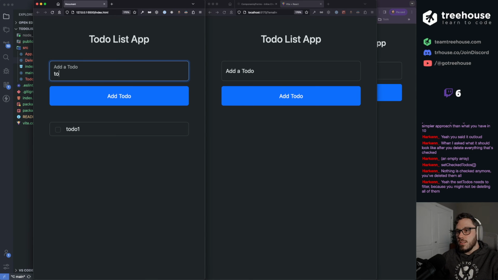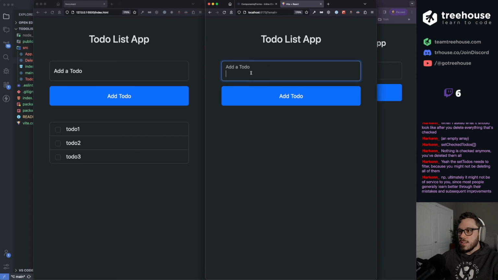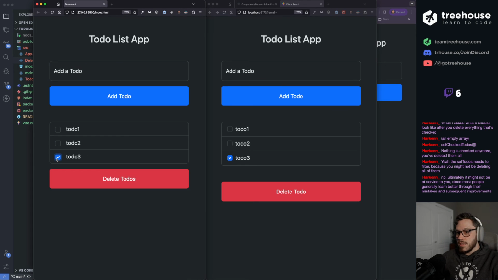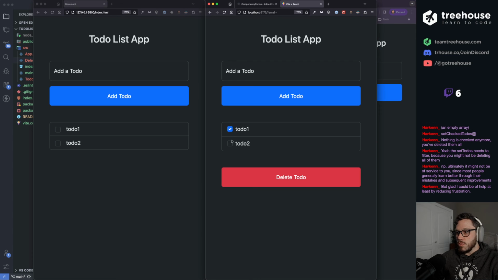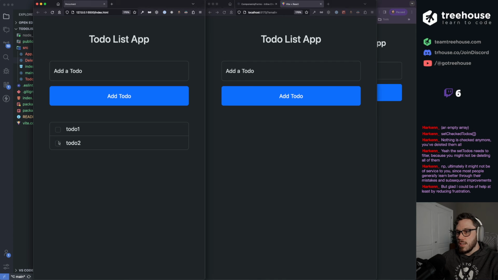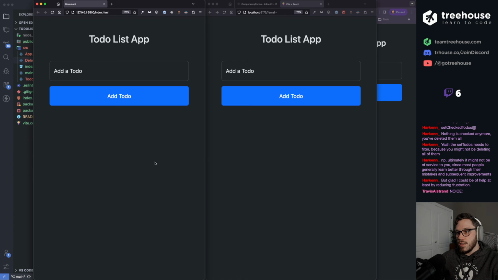To do 1, to do 2, to do 3. Let's add to do 1, to do 2, and to do 3. A little spacing issues, but I'm not worried about that. I think the functionality still works the same. And I should be able to delete both of these. Awesome, sweet.